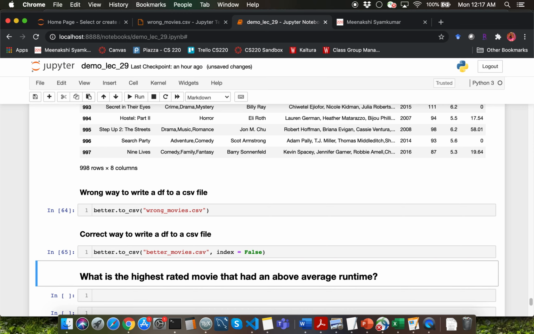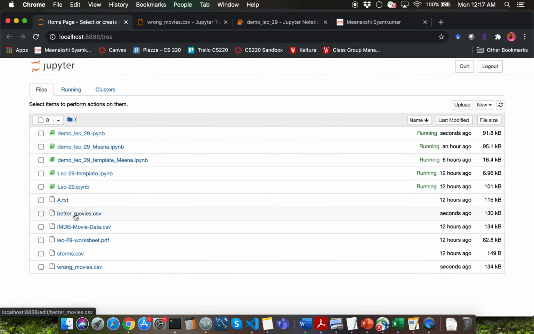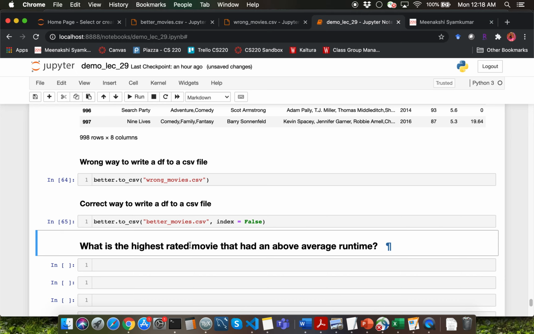So this time it's going to create a new file called better_movies.csv. Notice that we now no longer have the index value over here. So you always need to be really careful when it comes to writing data from a data frame to a CSV file. All right, the next thing which I want to talk about is this particular question over here.